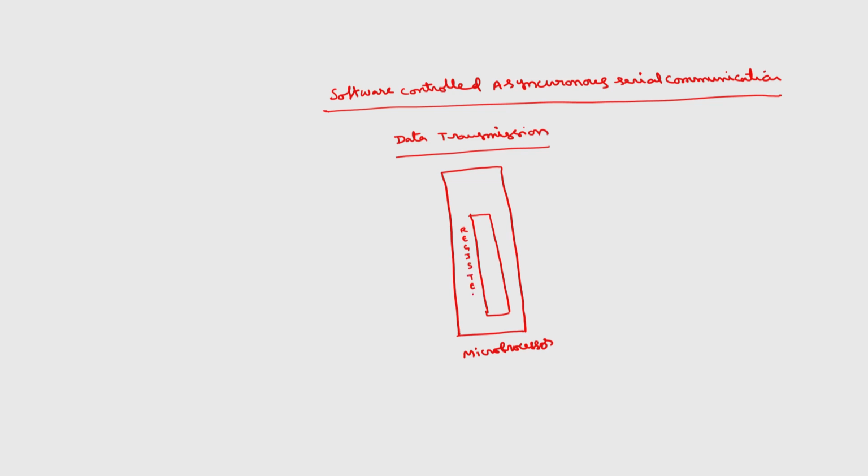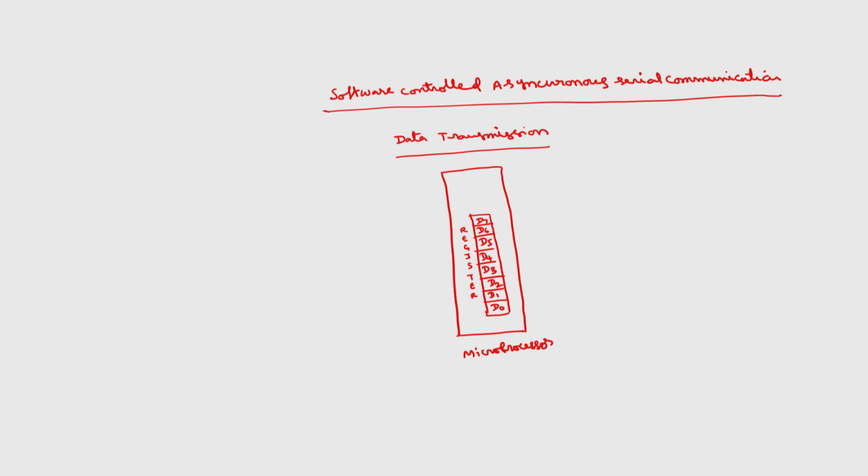I will take an 8-bit register or a 16-bit register, it is up to you. If I take an 8-bit register, it will have D0, D1, D2, D3, D4, D5, D6 and D7.